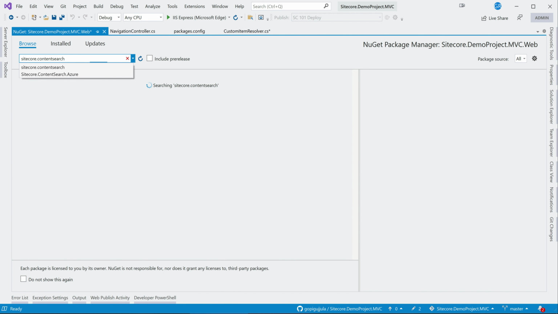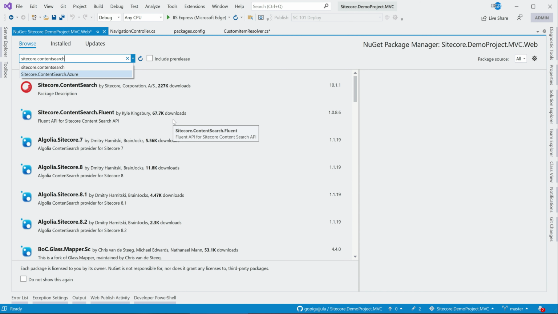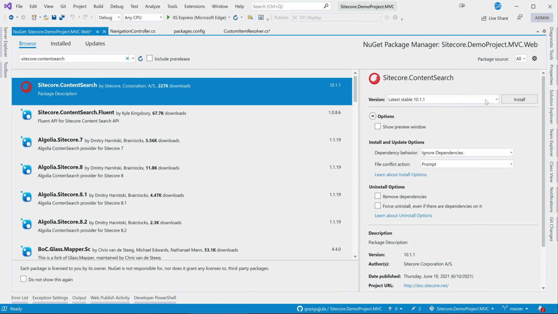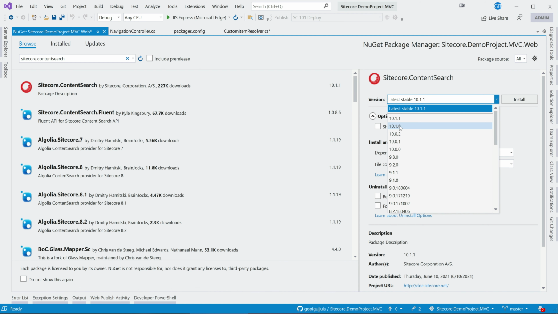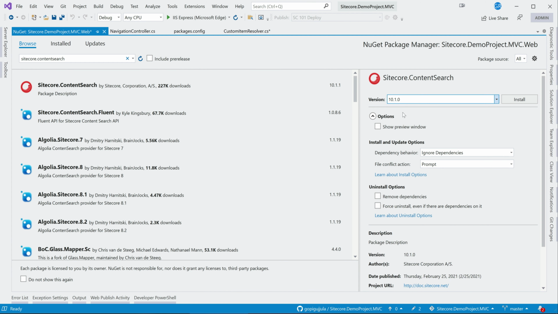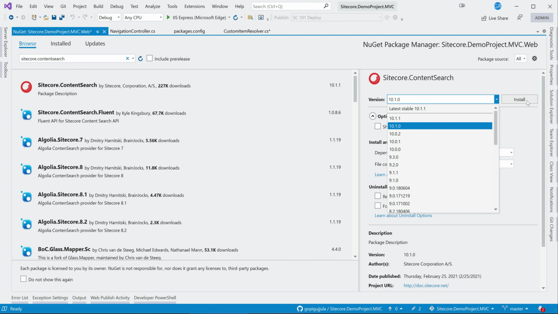Yeah, so there is a content search available. Yeah, this is what it is. And remember 10.1, not update 1. Update 1 is the latest one.